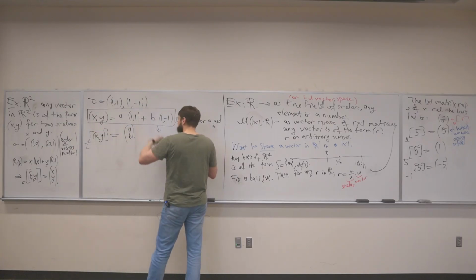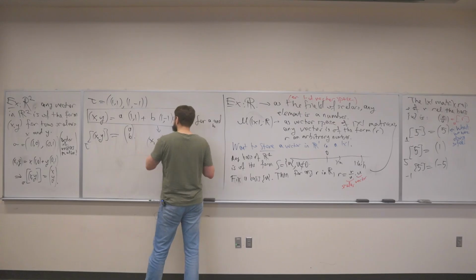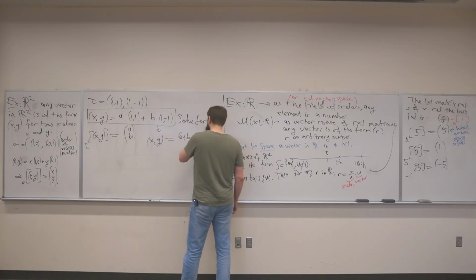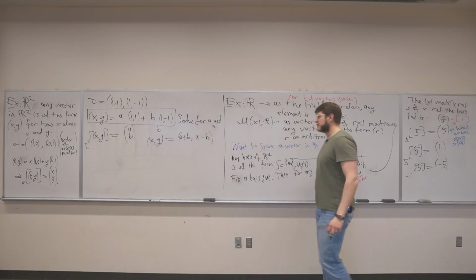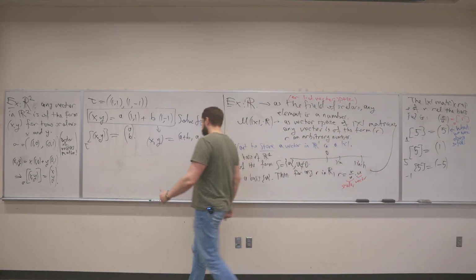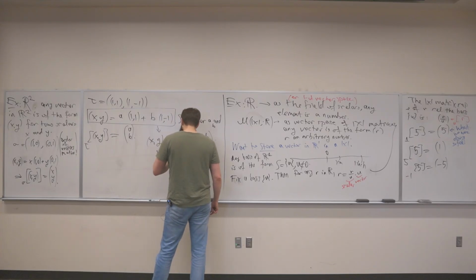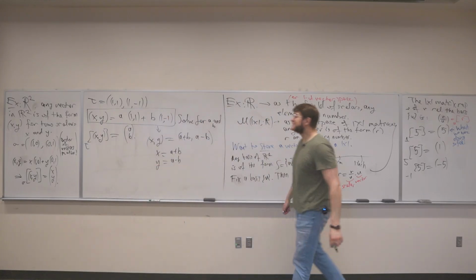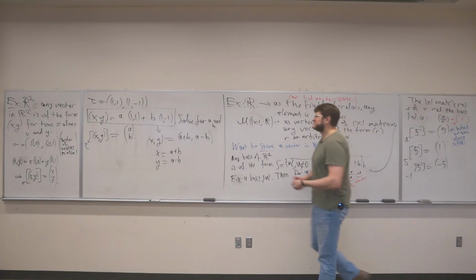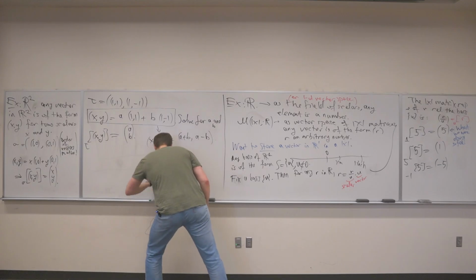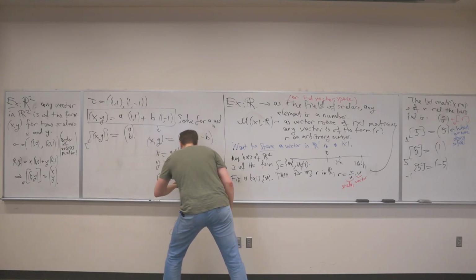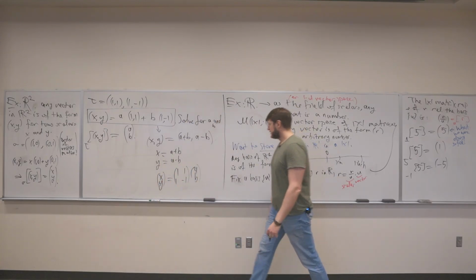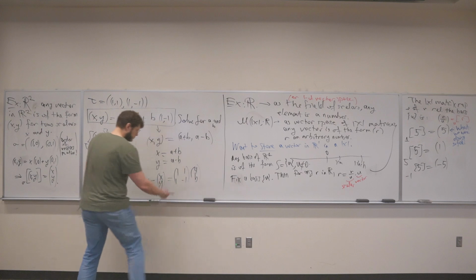And how do you do this? Well, you just consolidate the terms. (a + b, a - b). This pair is equal to this pair. In order for that to work, x has to be equal to a plus b, and y has to be equal to a minus b. Now, this is a system of linear equations, which means you can store it in a matrix. Like so. Send it to the other side, because this is invertible.